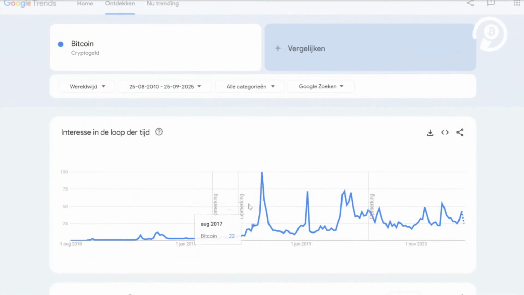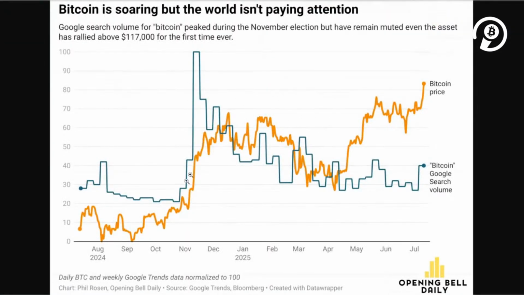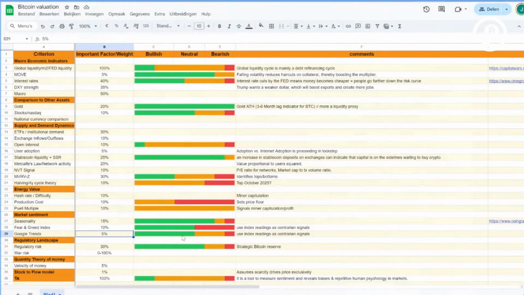Sentiment is super low. Normally in a bull market, the Google searches for Bitcoin go through the roof. Everyone is looking at Bitcoin, everyone is talking about Bitcoin. At the moment, that's not the case, and it's even going down. You can even chart this. Normally, Bitcoin price and sentiment follow each other a little bit, and at the moment the Bitcoin Google search volume is super low. So I think that's super bullish. Let's go back to the chart. If nobody is looking up Bitcoin, then it's a good time to buy. If everyone is talking about Bitcoin, looking up Bitcoin, buying Bitcoin, then it's your time to sell Bitcoin.